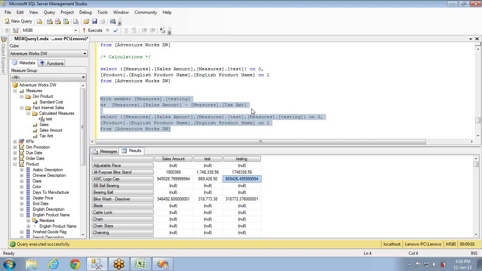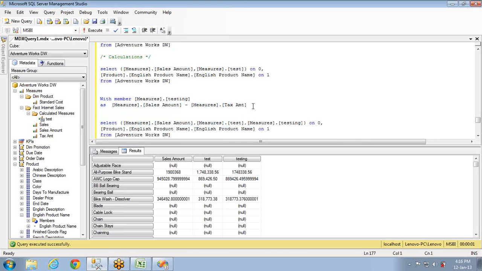Simple. And if you want to add one more calculation, you don't need to repeat the with again. With will be used only once. With needs to be used only once in a particular query. For one query, only one with is enough. After that, you have to start with member. What is the next name you want to give? This time I want to give best. I'm not having hierarchy measures and all. By default, it will take the hierarchy as measures. I'm giving the name as best as